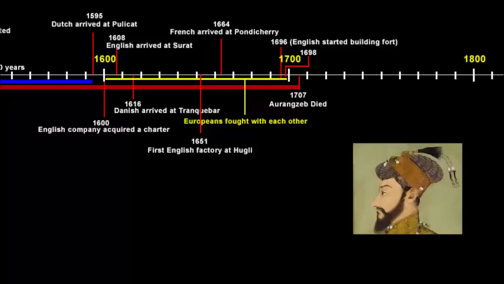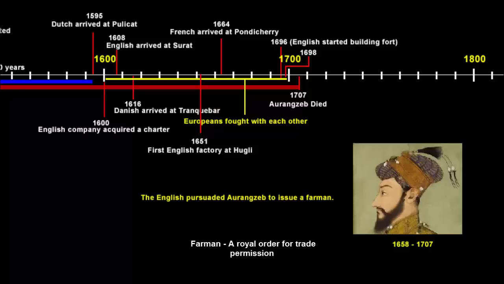Keep in mind, the Mughal emperor during this time was Aurangzeb. The English company also persuaded Aurangzeb to issue a farman. A farman is a royal order, like how the English acquired a charter in the beginning from the Queen, so a farman is similar to that. In fact, they even acquired a farman from the Emperor Jahangir while setting up their first trading post in Surat. So this farman that they wanted from Aurangzeb had a condition that would give the company the right to trade